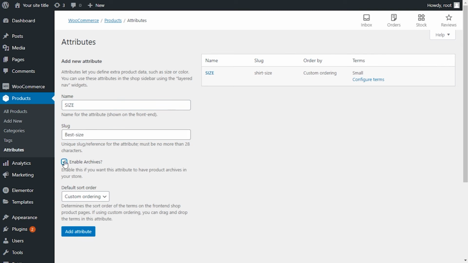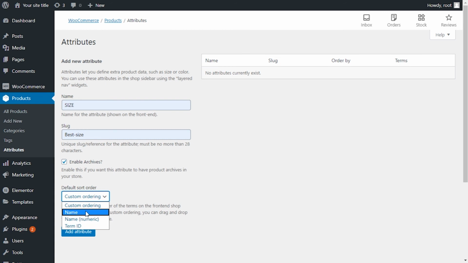Click Enable Archives to allow the customer to browse your product attribute. This attribute will be applied to all of your products, meaning all products currently available in small, medium, or large will appear on the same page so the customer can easily navigate to them.